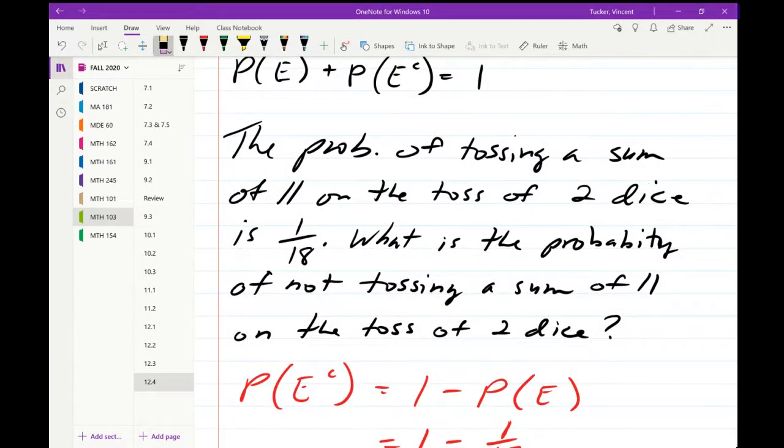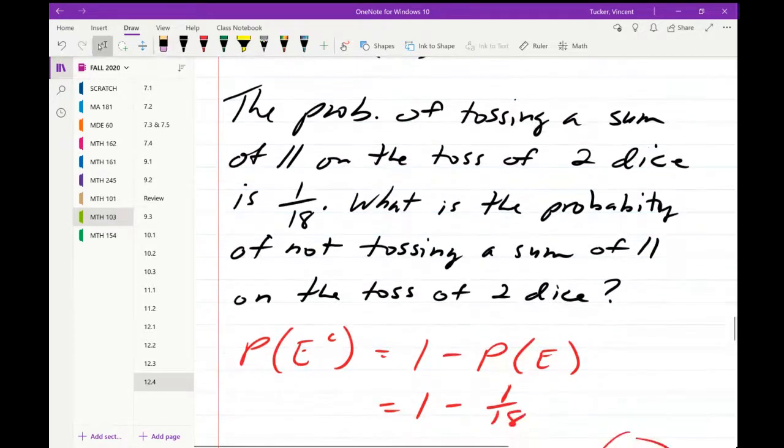So the probability of tossing a sum of 11 on the toss of 2 dice is 1 over 18, or 1 out of 18. What is the probability of not tossing a sum of 11 on the toss of 2 dice? All right. So the probability of the complement is what we want to know, because we want to know the probability of not tossing